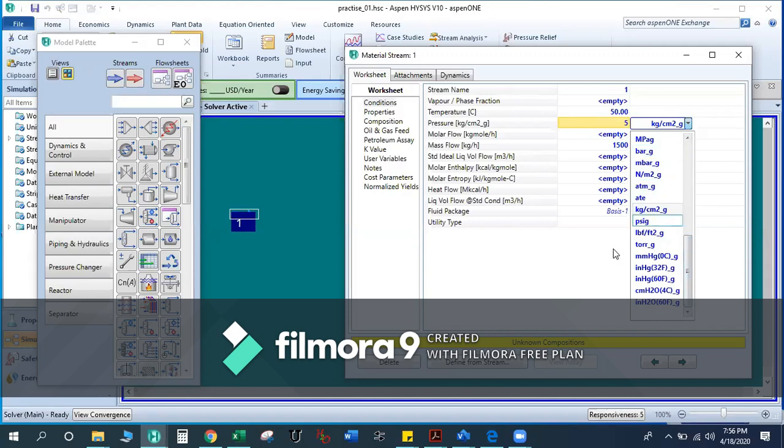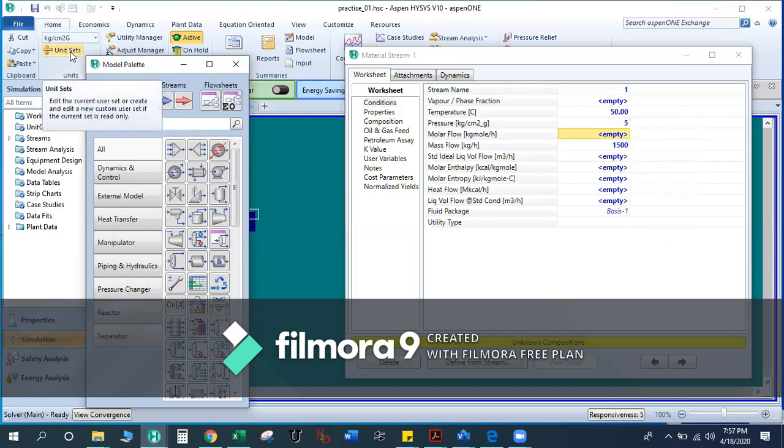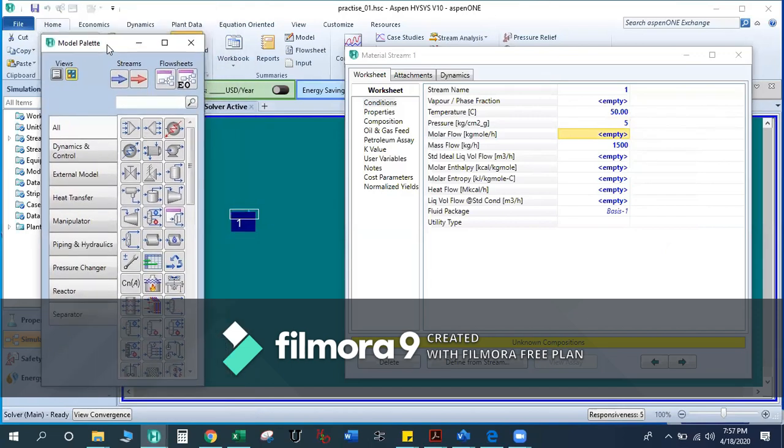So to prevent those, it's better to change the units in the beginning itself by using the unit set.